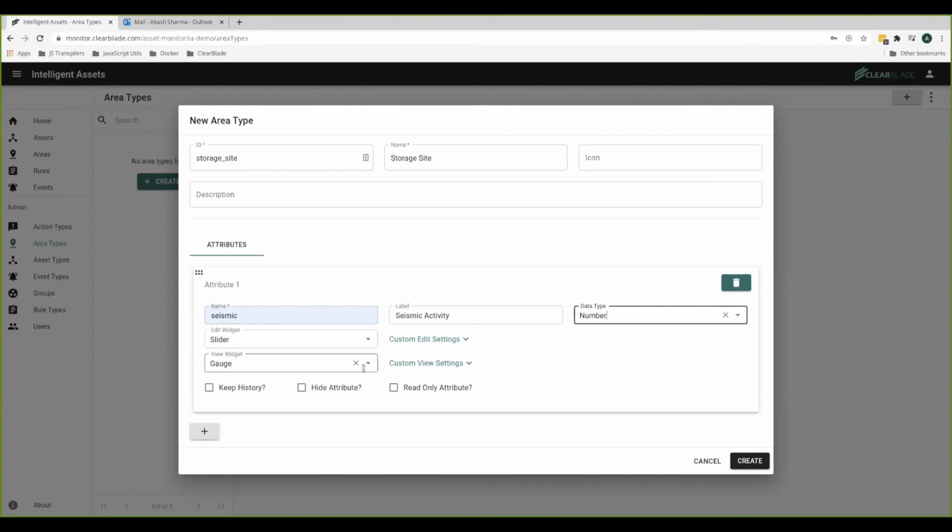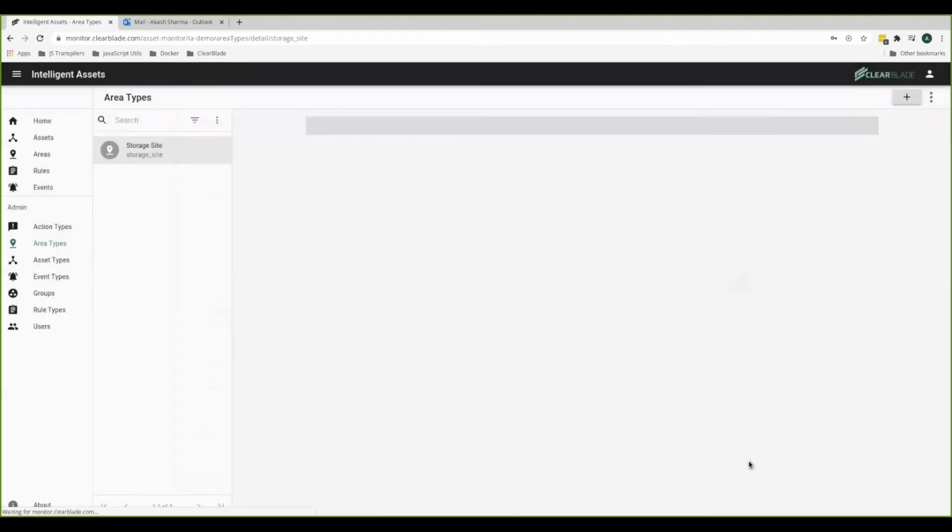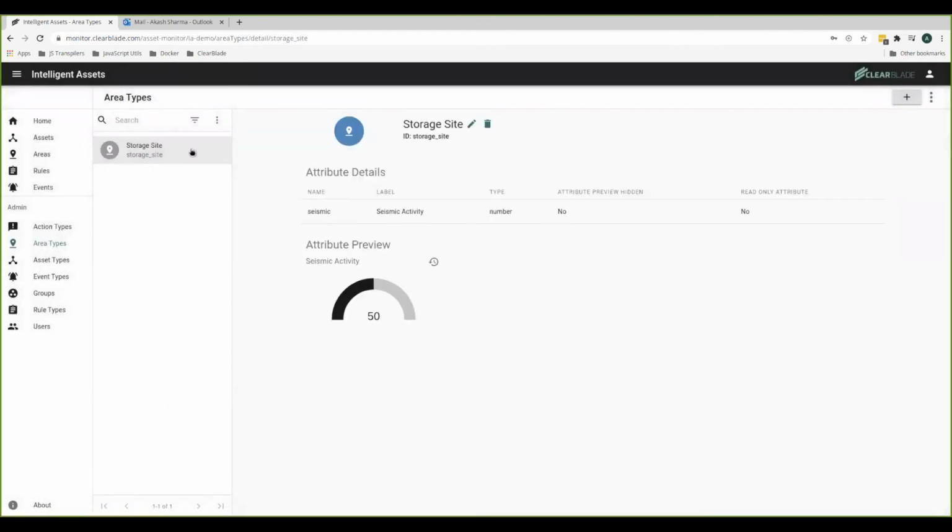And there's some additional settings that I can set if I want to. For example, I could choose to keep history on this. So after the fact, I can go back and see how the seismic activity changed over time if I want to. And I will go ahead and hit create. And now I have created one area